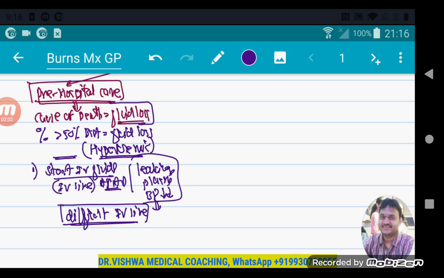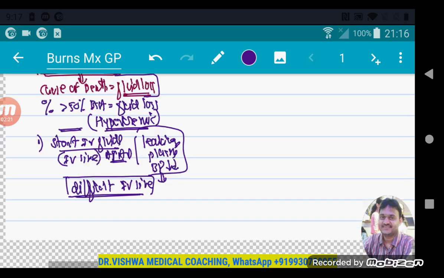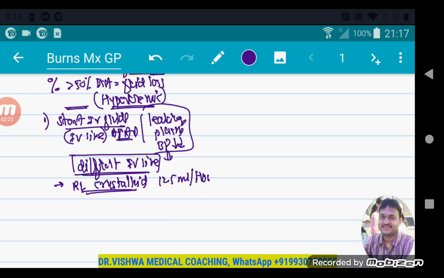How much fluid should we give? Usually what we can start with is Ringer's lactate or whichever crystalloid is available. As much as 125 ml, that is the formula. The exact formula is different, but we can start as soon as possible. 125 ml per hour of Ringer's lactate needs to be started in all patients as soon as possible. Of course, the exact fluid requirement can be calculated with the help of a formula which I'm going to talk about in the proper management,